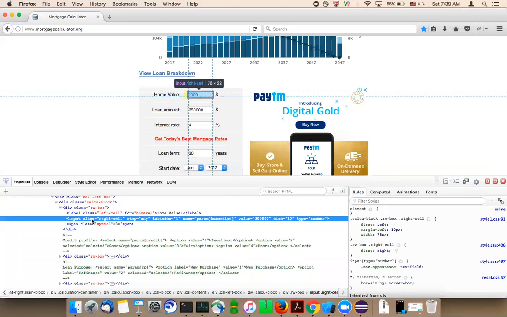What is the tag name? Input. Okay, and what are the other things? Class name. What is the class name? Right cell. Okay, and what else? Name, yeah, and the param home value. Okay, and any other?